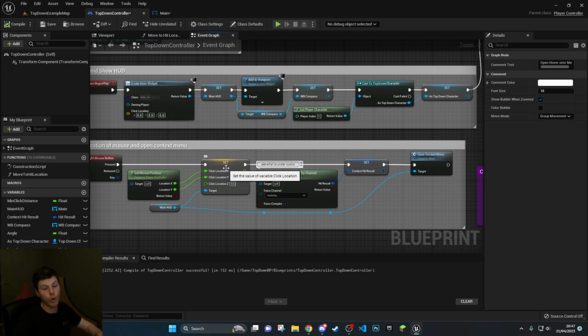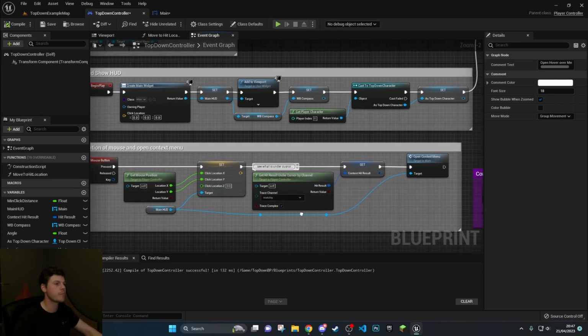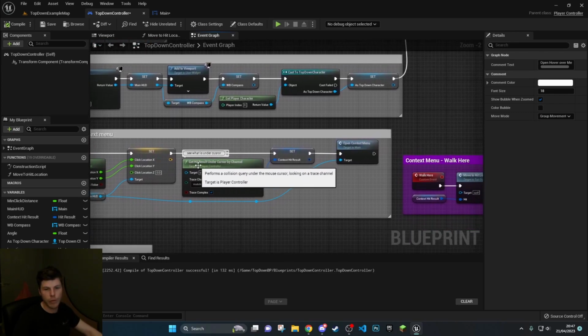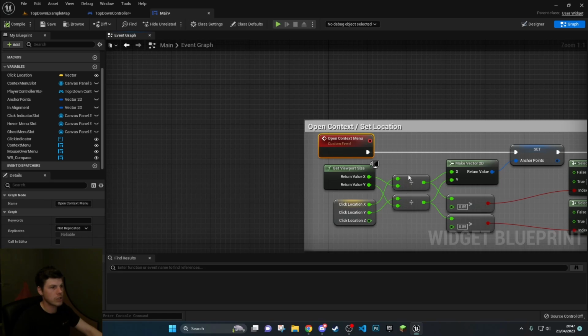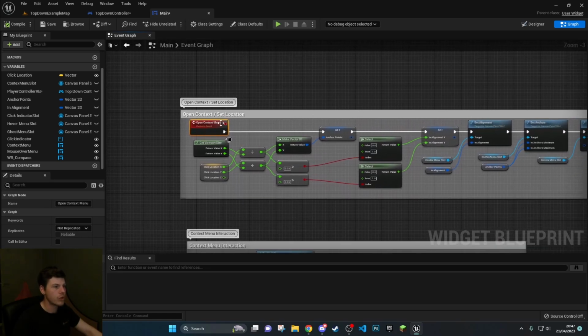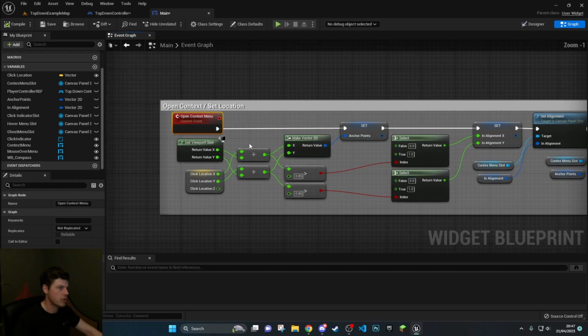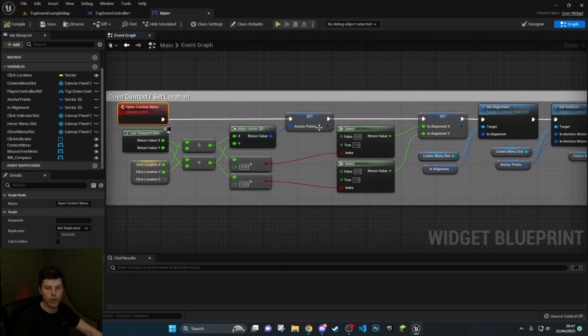That's useful for where we are going to open the menu on the screen. We also then get whatever we've hit in the world, so it fires a line trace from the mouse into the world, and that is what we've saved as a context result. So anything that we've hit under the mouse, set that as a target that we've hit, and then open the menu. When we open the menu, this goes straight back to the main HUD, as you can see. We run this function where we open up the context menu,